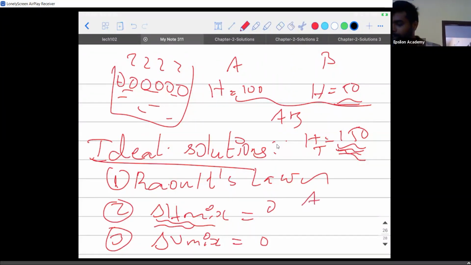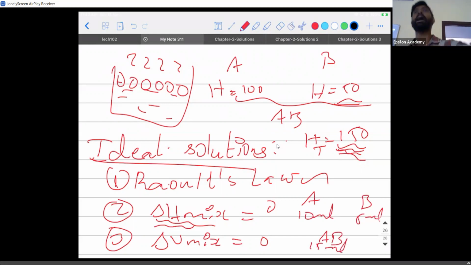Again I have A, B, AB, that is solute, solvent, solution. Say I had 10 ml of A and 5 ml of B. What do I expect the total solution's volume? 15 ml. Right? So volume after mixing 15 ml, volume before mixing, again individually adding 15 ml, 15 minus 15 will become 0. But again, sometimes what you will see is it will be greater than 15 or less than 15. If that happens, non-ideal solution.